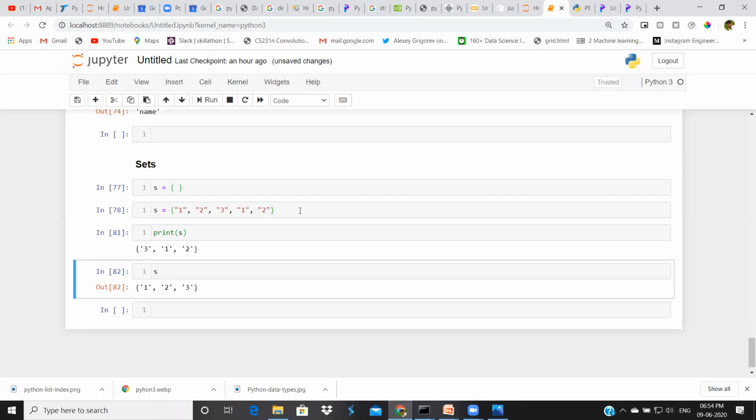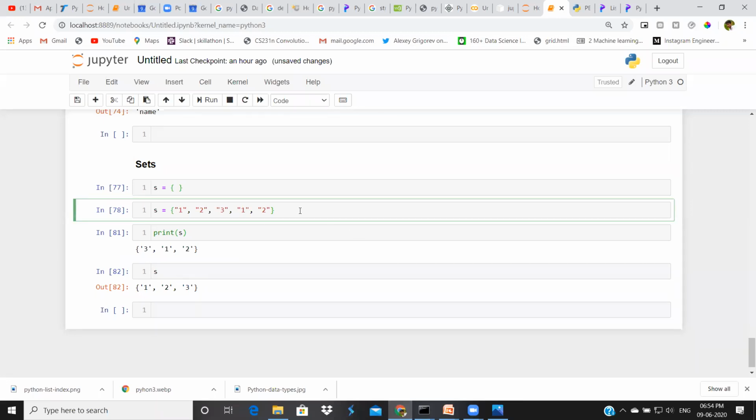Sets are useful when you're performing operations on groups, like when we have two sets A and B and we want the union of those sets. Like when you're studying in school, we have the concept of Venn diagrams. To explore those, we will use sets.